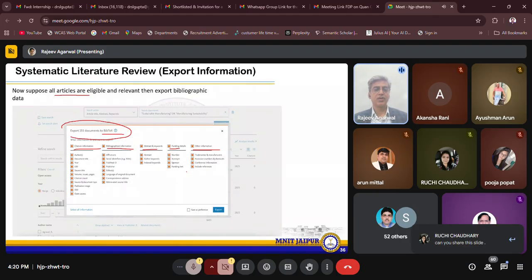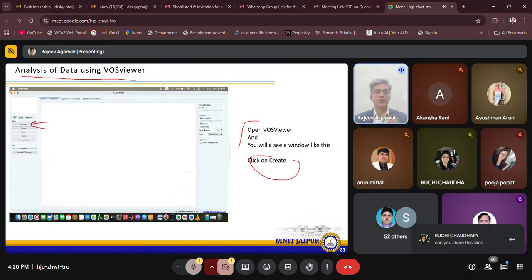So if you really want to read that, you can open VOSviewer. You can create the data. First thing, if you are not conversant with it, please use it now. And if you have some database, you can use it. I will surely share this slide with the organizers, and they will be sharing it with all of you. This is knowledge for you, knowledge for researchers like you, and you can easily use it.